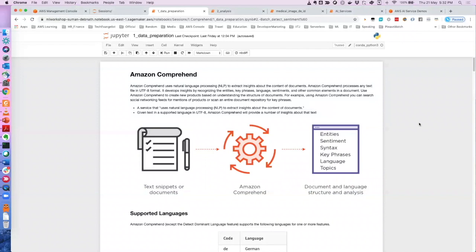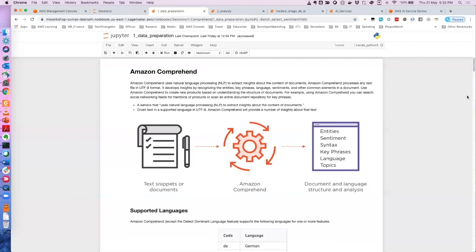My name is Suman Debnath, and I work with the developer relations team in India for AWS, and I'm very excited to meet you guys again. I think the last time I met you, as Manoj mentioned, was during the recap in January, and after that all this COVID thing started. I hope that all of you are safe and using this time to learn a little bit out of your comfort zone as well.